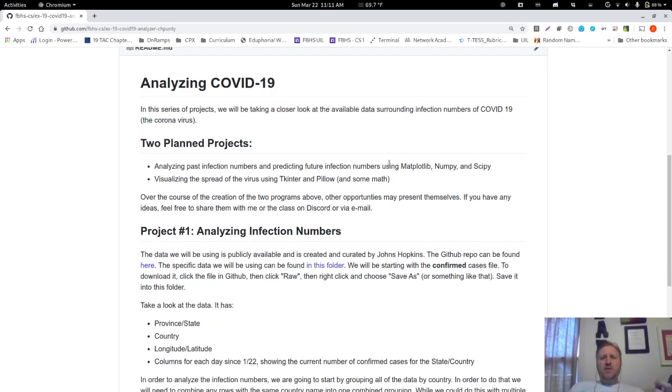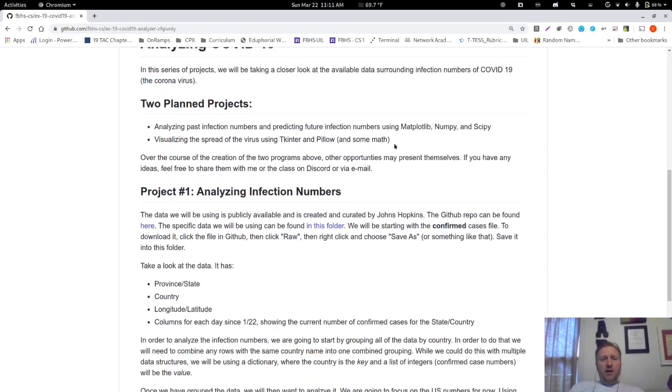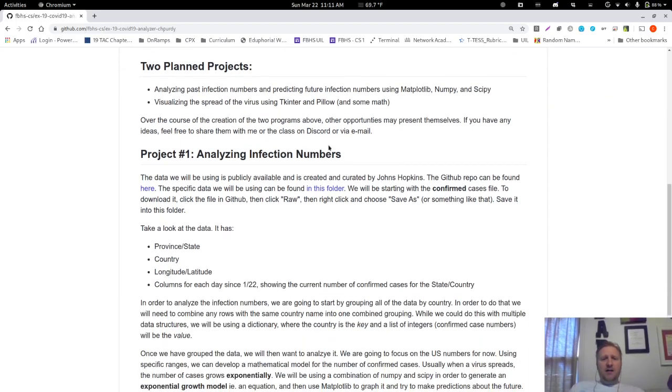So here we go. In this project, we're actually going to have two parts. We're going to analyze the current data, and it's actually Johns Hopkins where the data is coming from. We'll be analyzing that data, specifically the United States data, although I've been playing around with it the last couple of days, looking at how Italy is increasing, or how France is increasing, things like that, and using that to try to